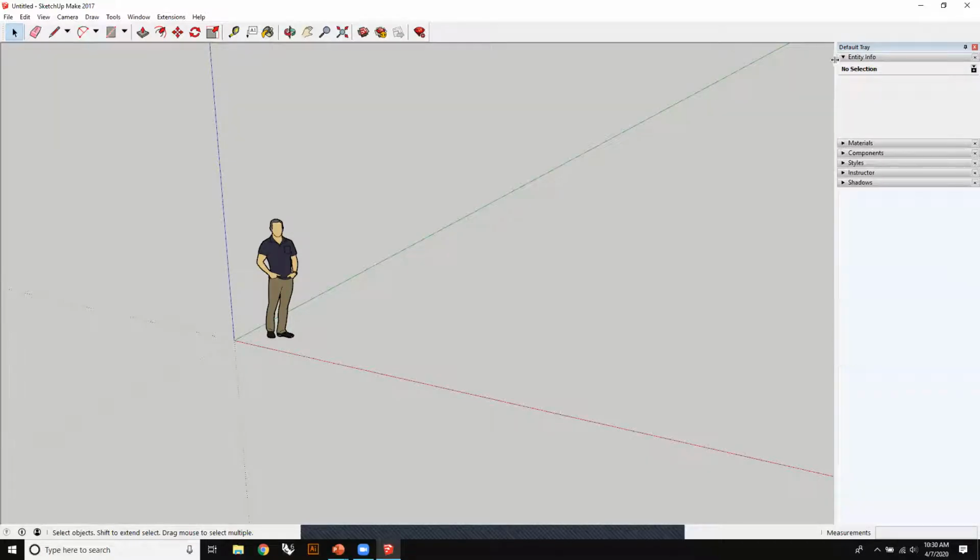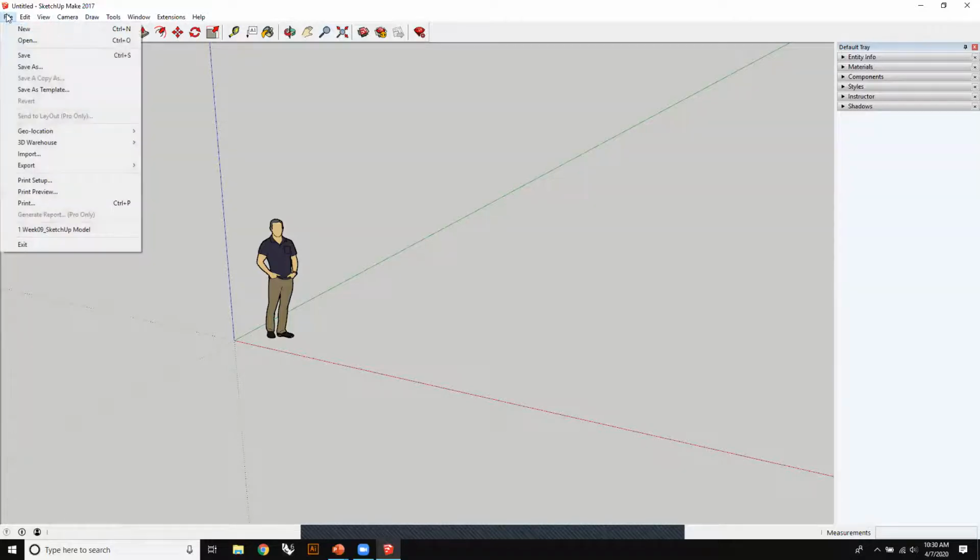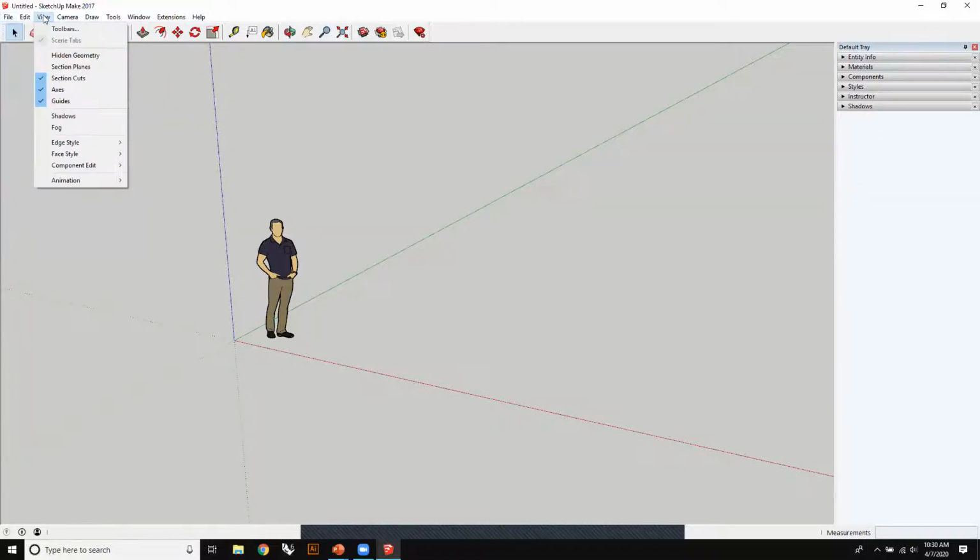We're going to go ahead and close all of those for now and take a look at this default tray up at the top. In the next section, we'll go over what each individual one of these components do and how we can manipulate the workspace with each component. But for now, we have the simple file, edit, and view. We can turn on our individual things, so we can turn off section cuts. And that just means as we're cutting through things, it's going to show you a cut line. We can turn off the axes if we'd like to. I think it's beneficial to keep the axes on. And then you can turn on and off guides and so on, shadow and fog,